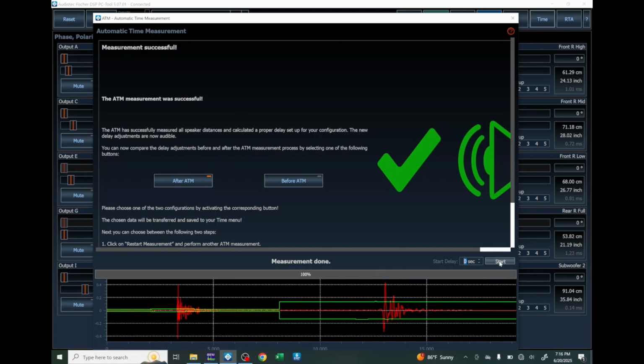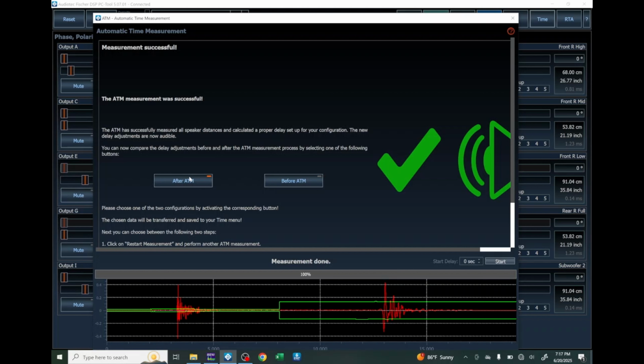So it worked, right? So now don't forget to put your crossover points back, because once I listen to this and the time alignment is fine, I've saved the file as is, gone home for the night, go to sleep, then in the morning go back to work and the stereo sounds like crap because I forgot to reset my crossover points, right? So here you can play something and you can switch before, after. You see how the sliders are moving and the times are changing. So before, after,